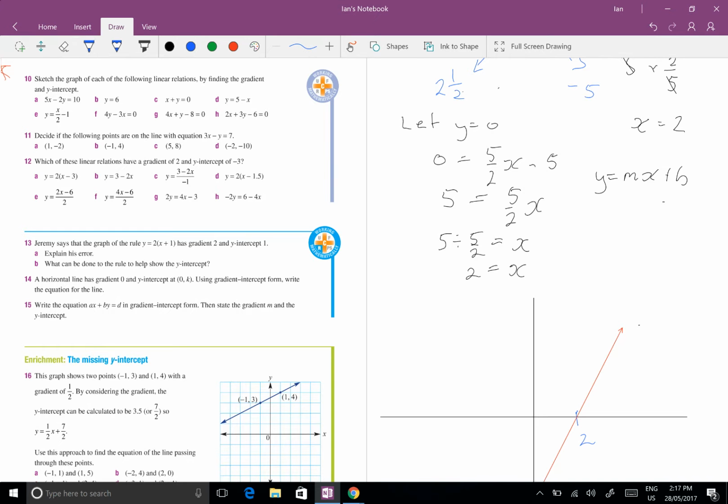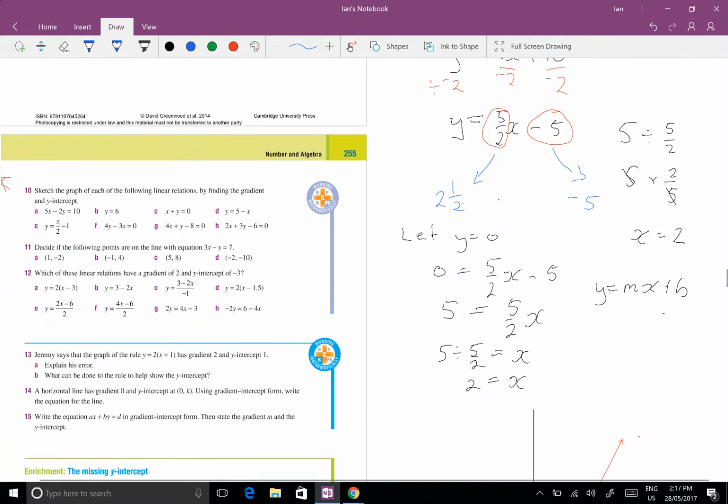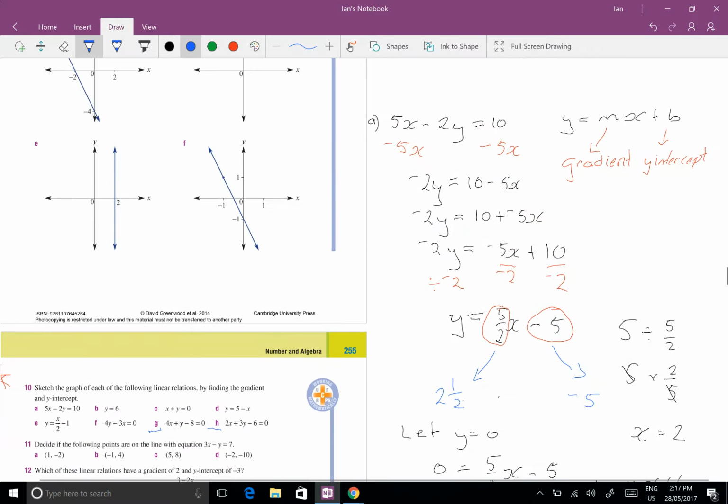5x minus 2y equals 10. Now, the more you do of these, the quicker you will become. I'm going to do another one. I'm going to do G and H, because they look reasonably difficult. So I'll just erase all this working,